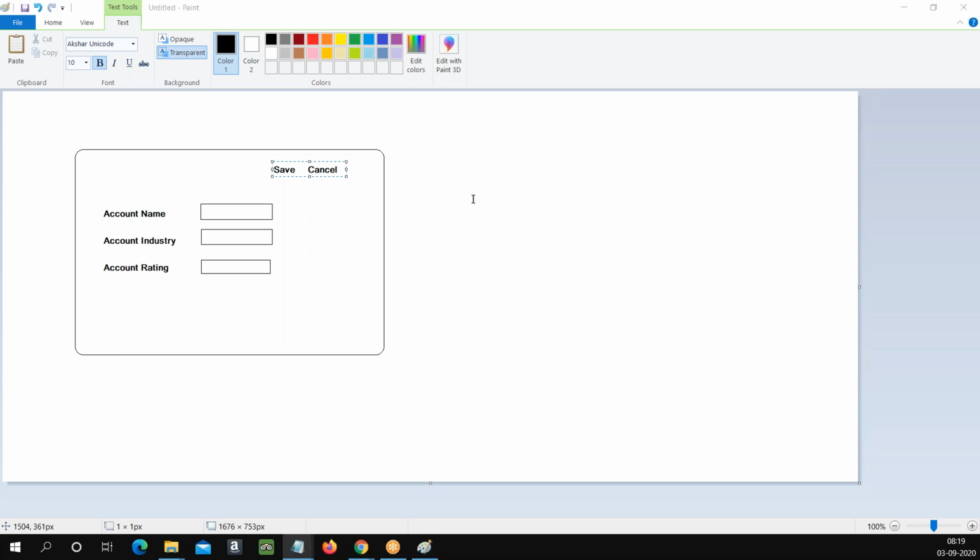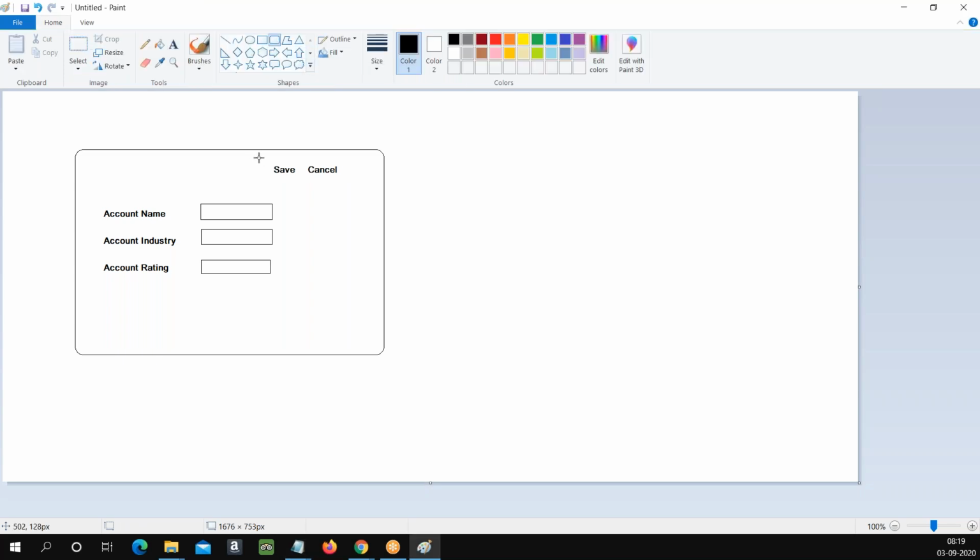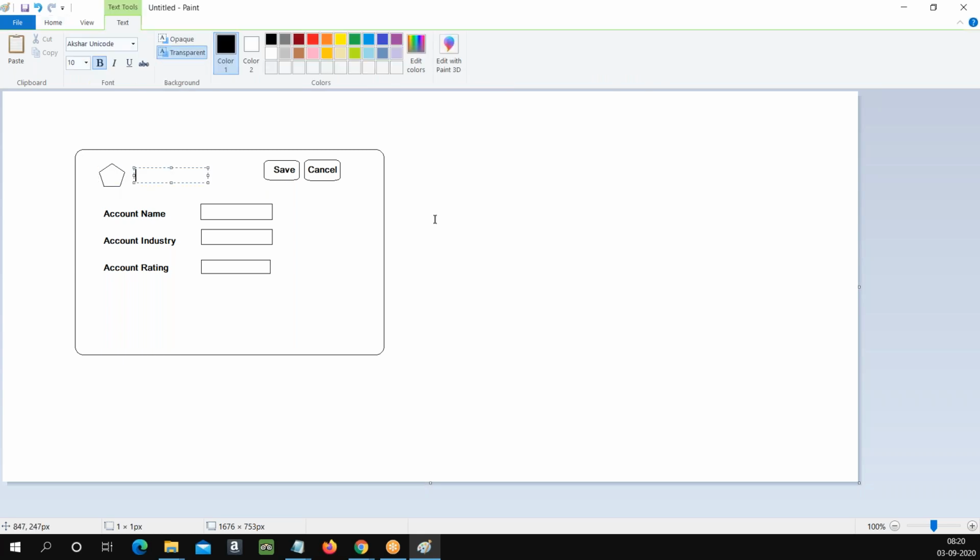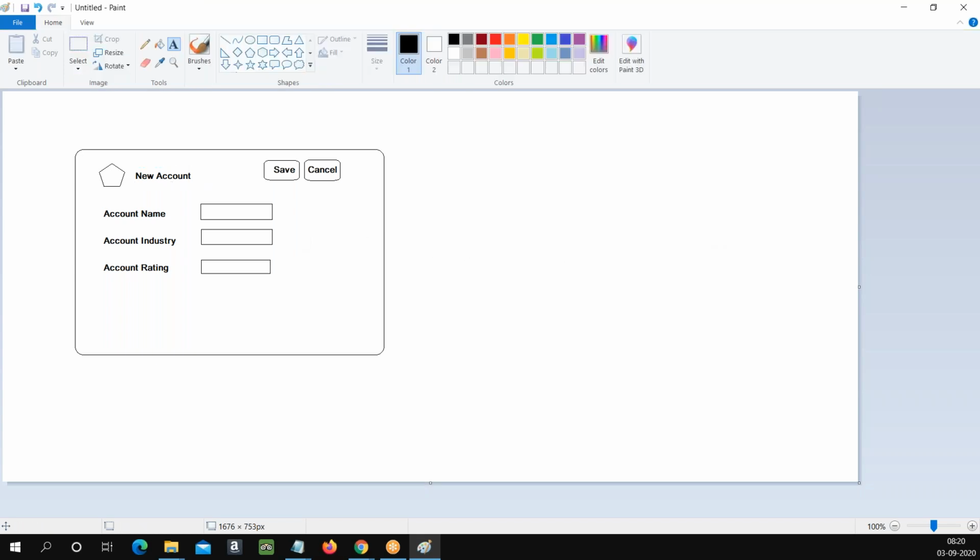The two buttons at the right side of your lightning card include, go with a card, okay, and of course you have a title with icon here. Your account title. Okay, and once